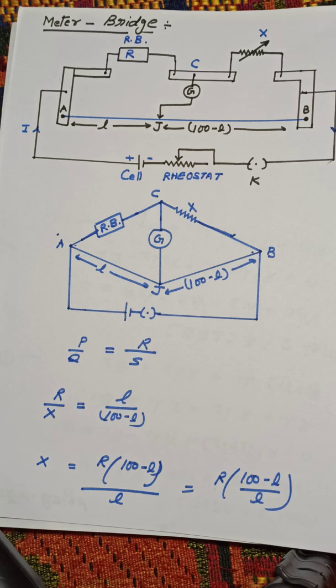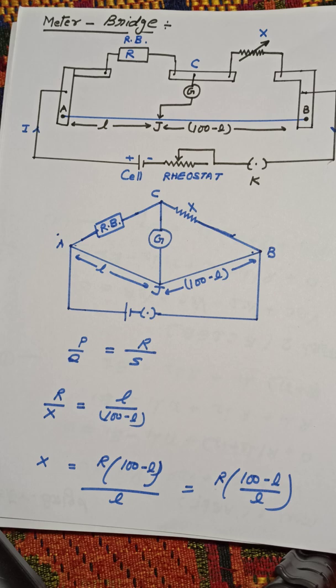Hello class 12th. Again today I am going to take up one more device, and this is called meter bridge. Meter bridge is a sensitive device based on the principle of Wheatstone bridge, and it is used for the determination of resistance of a conductor. Even we can get very accurate resistivity and conductivity of any conductor. It is more sensitive than any other device for measuring resistance, even post office box.